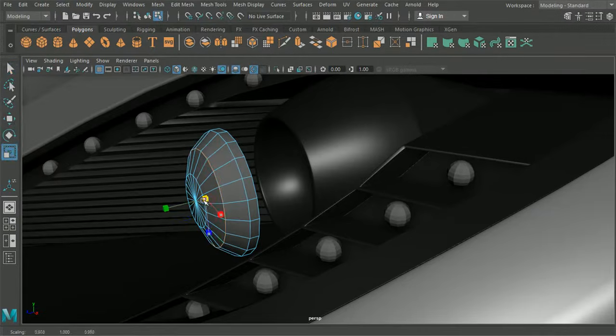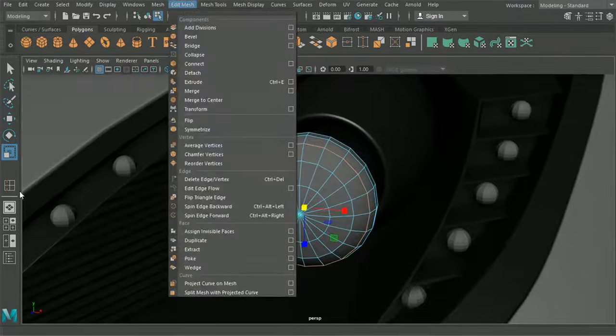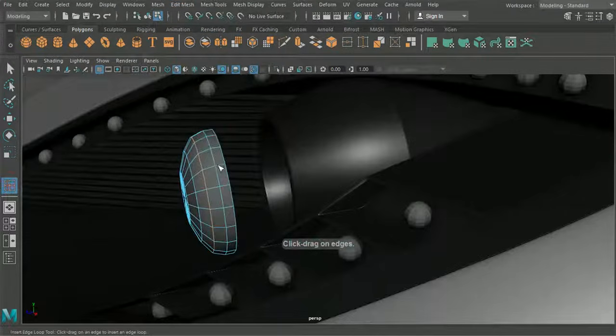Maybe that is a bit too sharp. Bring that a bit further forward. Okay, and then we'll do the same with this. We'll insert a couple of edge loops around here.